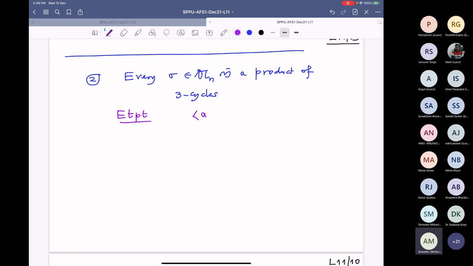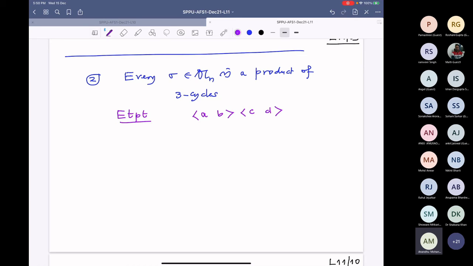If I have 2 transpositions, it is a product of 3 cycles. But what is this product? If you compute this product, what can happen? They are either completely disjoint, that means A, B, C, D are different, or there will be one element common. 2 elements common cannot happen, because that means CD and AB is the same transposition, and this is the square, which is identity. And identity is